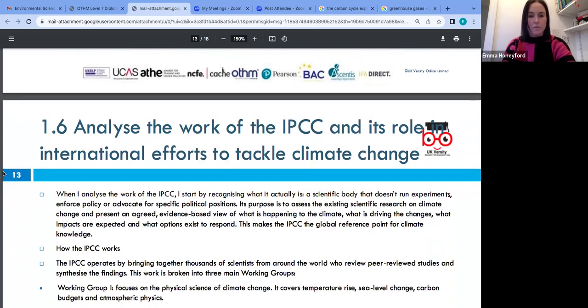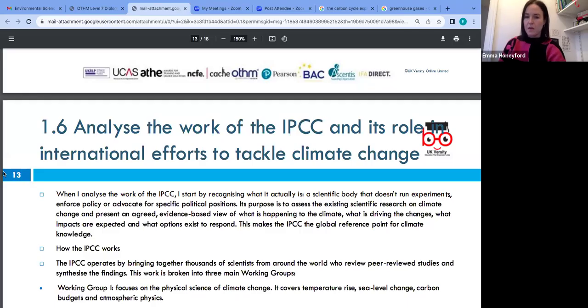So 1.6, this is around analysing the work of the IPCC and its role in international efforts to tackle climate change. Again, with the IPCC, there's been a lot of different ways of thinking around its purpose, what its role means, and how successful it has been in reducing global temperatures. So when we analyse the work of the IPCC, we can start to